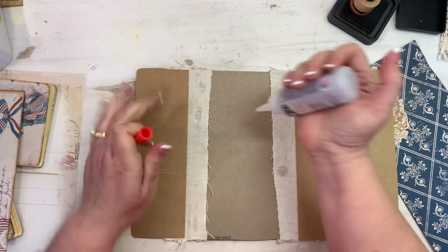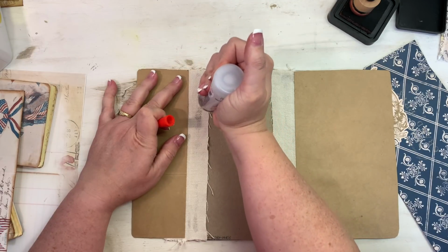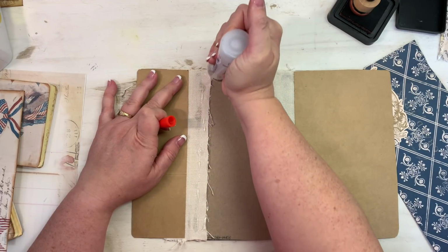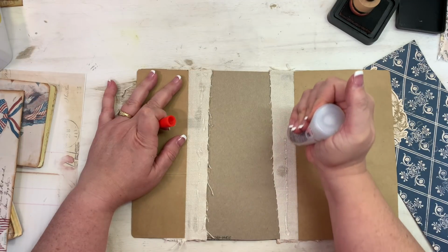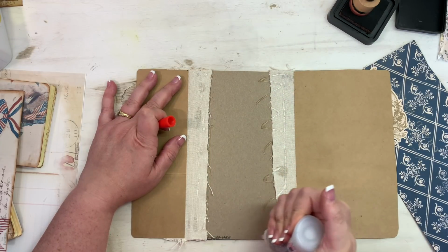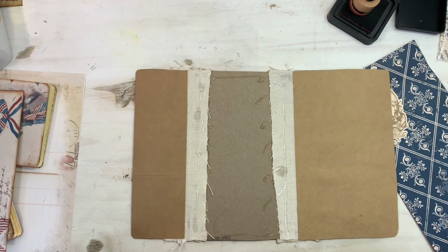So let's go ahead and get that Fabri-Tac. And when I covered these panels, I just made sure not to go over the hinge part so I wouldn't get any buckling when I start to fold it. But I think this is going to be a rather sturdy little book, the way I've got it, and the way I've got that